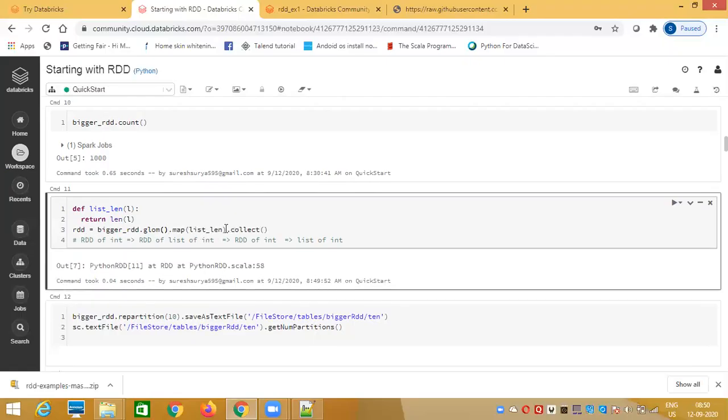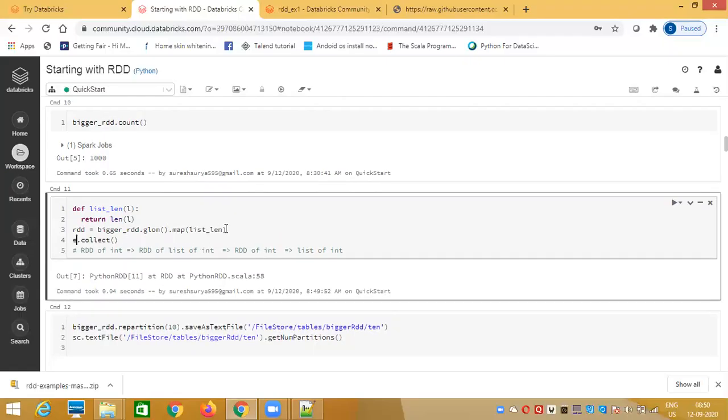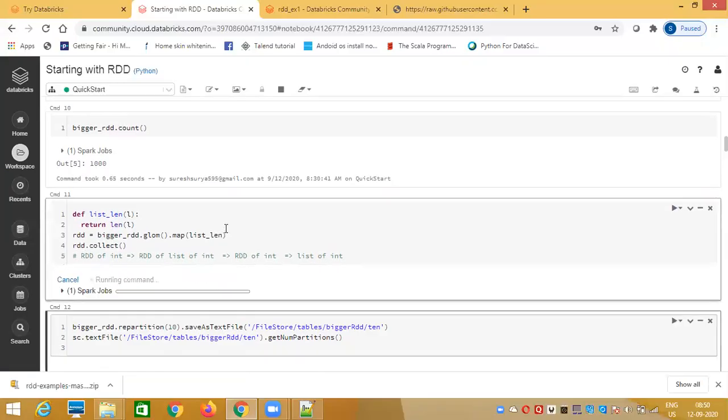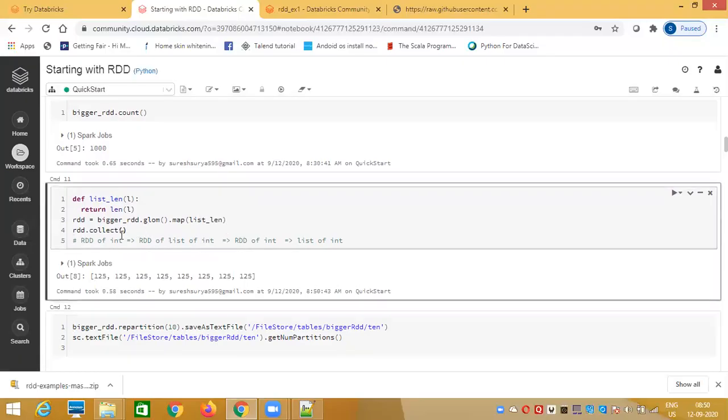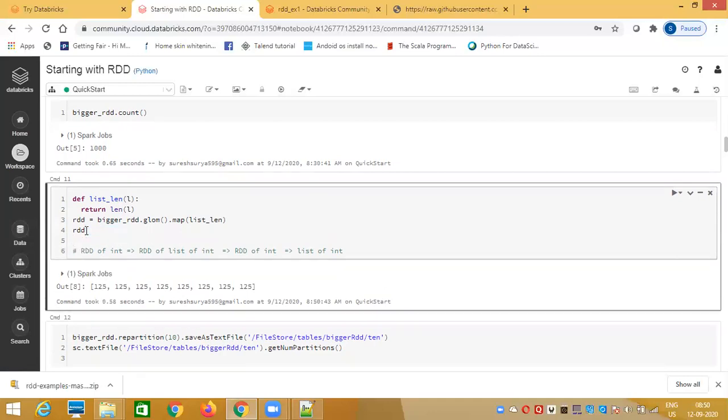Yeah, that should be fine. If you don't use collect and just try to display the RDD, then it will not print the output. That's the next discussion we'll be having in a few minutes.